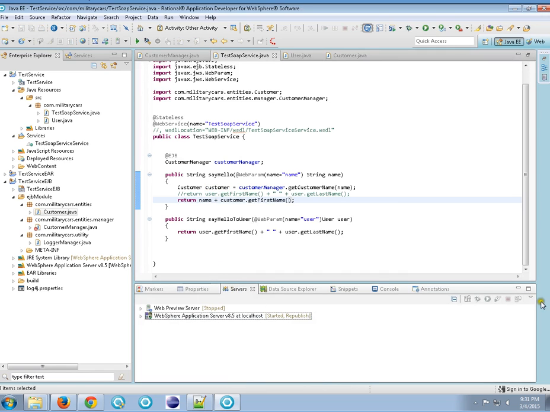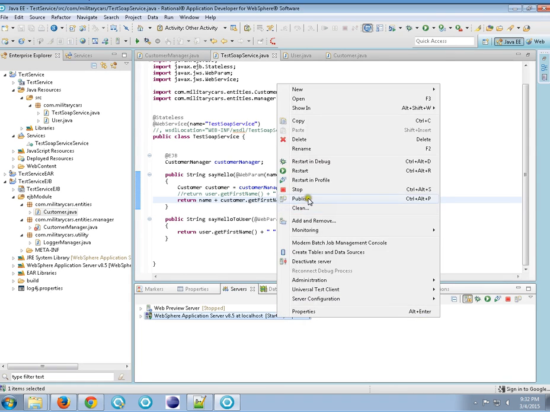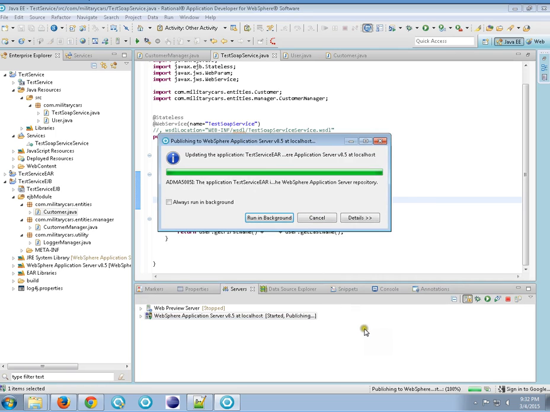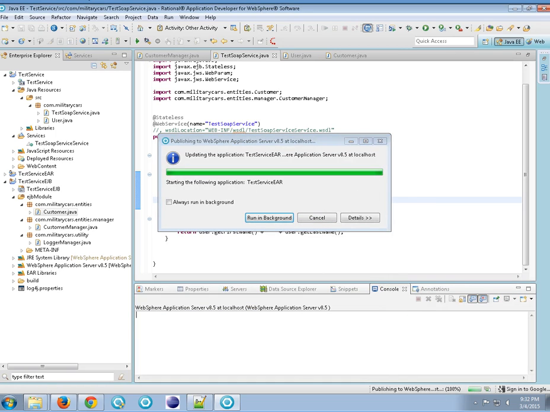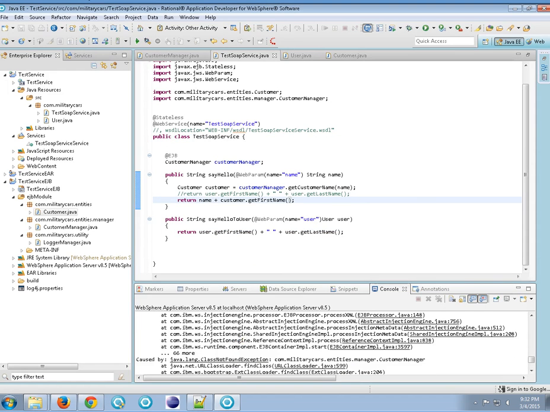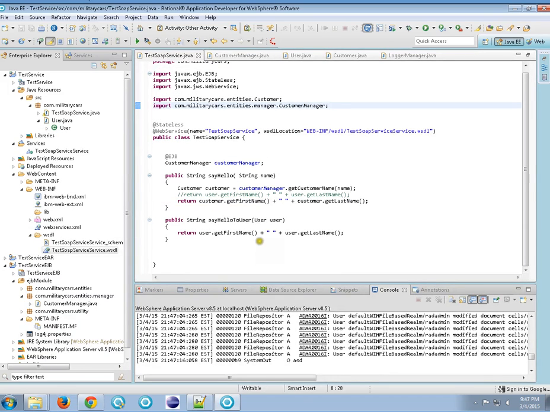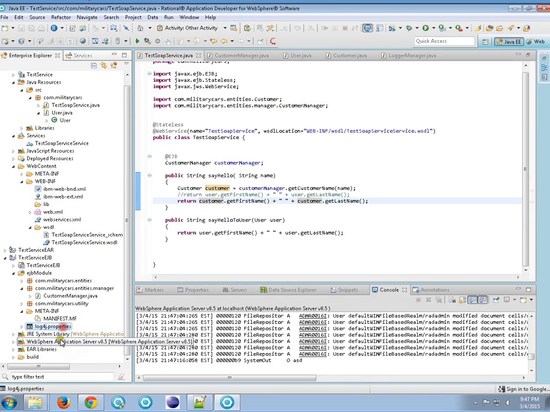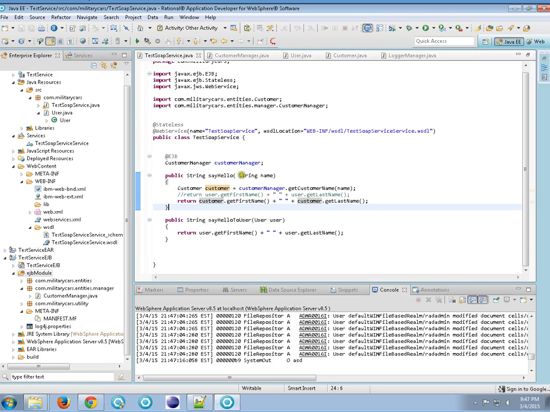We'll see if this publishes because I was getting some trouble before. Looks like it did not correspond to what I had in the WSDL. Hopefully this does. That's a not found exception, so I'm going to look at this really quick. I had to fix my log4j property file. It was actually inside this folder instead of my EJB module folder. Another thing I did was I took out the @WebParam because it won't work with my current WSDL. I would have to republish, and